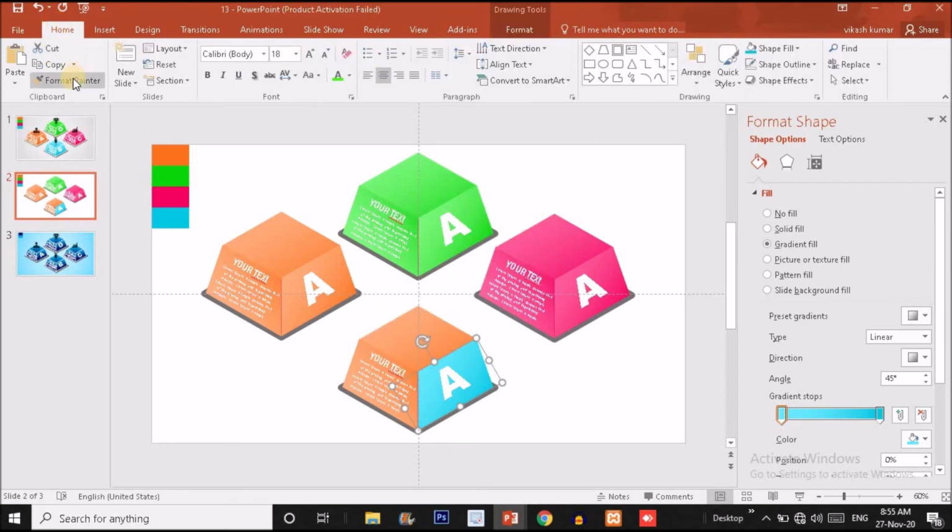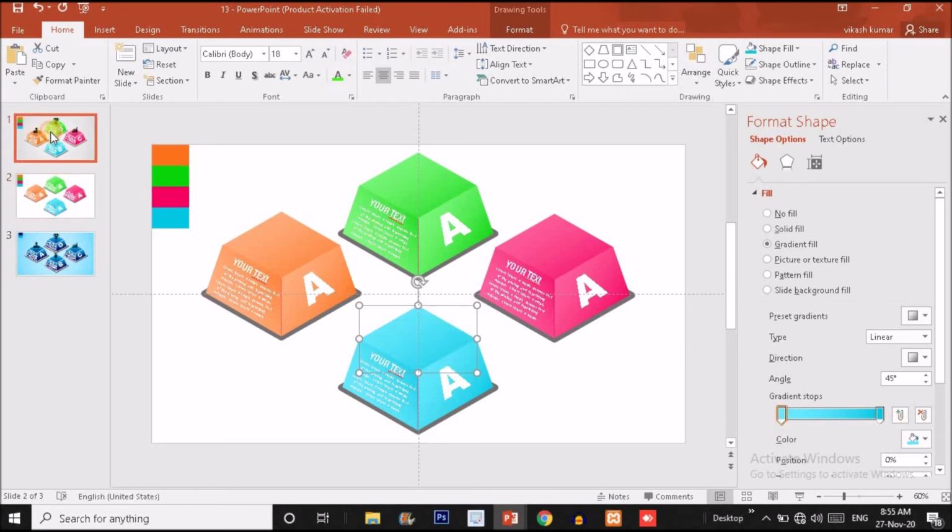Now click on the home option. Here you will find the format painter option. I'm doing the same thing, guys. It's very simple. If you are watching my video for the last some months, then you are able to do this very easily, guys, believe me. Now click on the format painter option and click on this diamond option and alternate the stops like this.